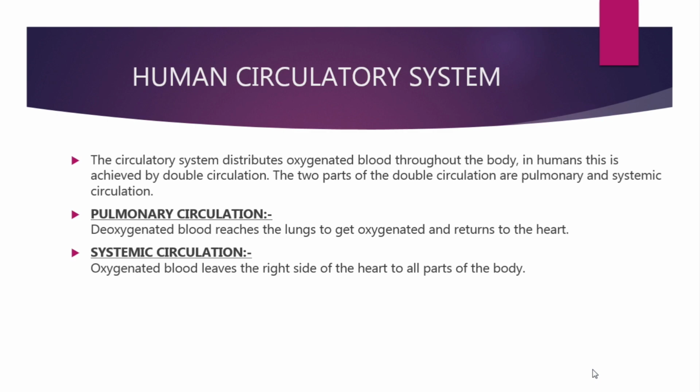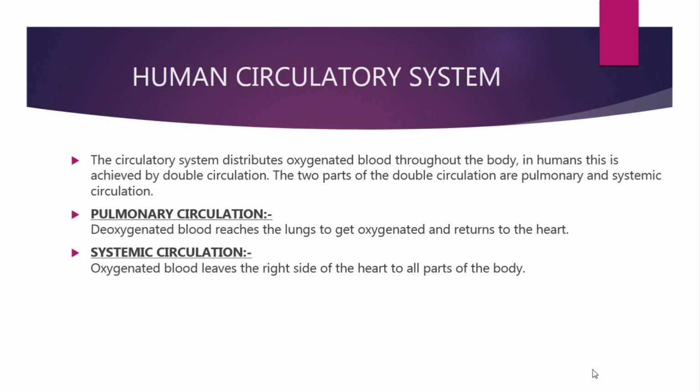So, the pulmonary circulation is the circulation in which deoxygenated blood leaves the right side of the heart and passes through the pulmonary arteries to the lungs. In the lungs, the blood is oxygenated before returning through the pulmonary veins to the left side of the heart. So, this is the pulmonary circulation in which deoxygenated blood reaches the lungs to get oxygenated and returns to the heart. So, basically, in pulmonary circulation, the movement of blood is from the heart to the lungs and then back